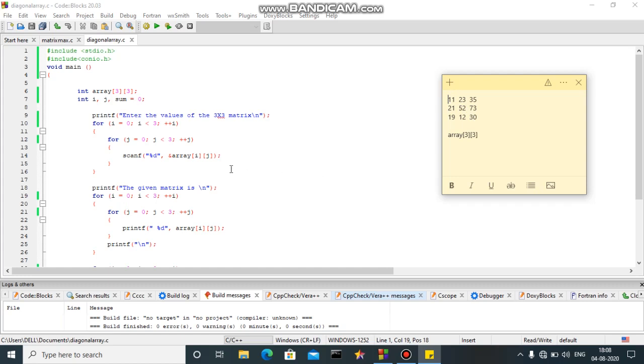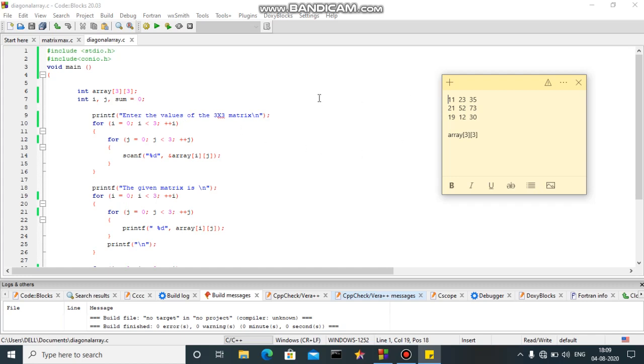We need to calculate the sum of these three elements. The positions of these three elements will be array of 1 1, array of 2 2 and array of 3 3. So we need to add these three elements based on their positions. This is the main logic behind this program.